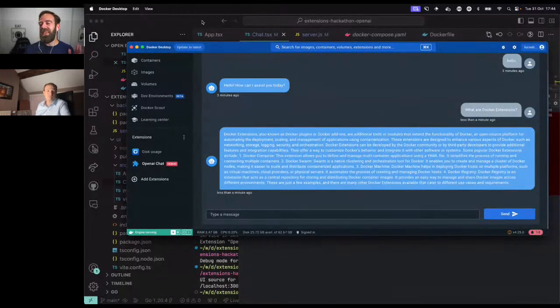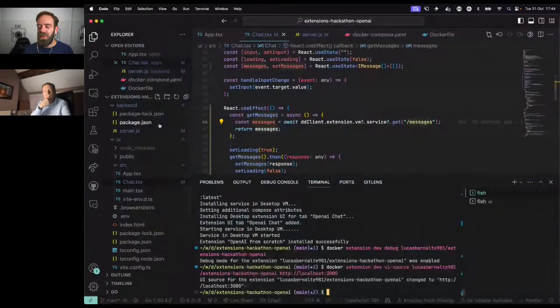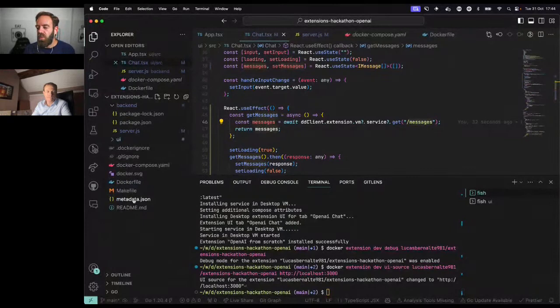So again, as I was saying, we saw how we can create an extension from scratch. It doesn't have to be with any language in particular. It just has to have a UI that we reference here in the metadata.json. In this case, we also have a backend that we are spinning up with a server and building it with a Dockerfile and just having this in the services.